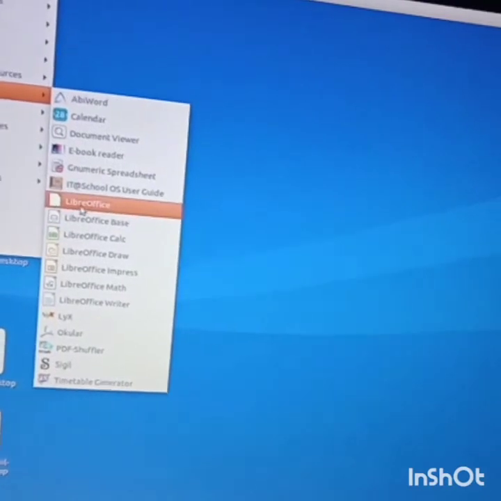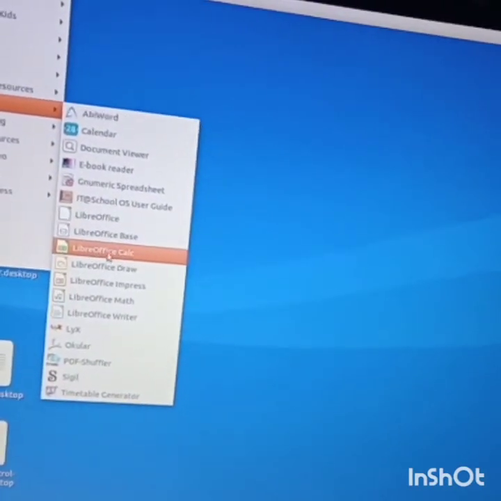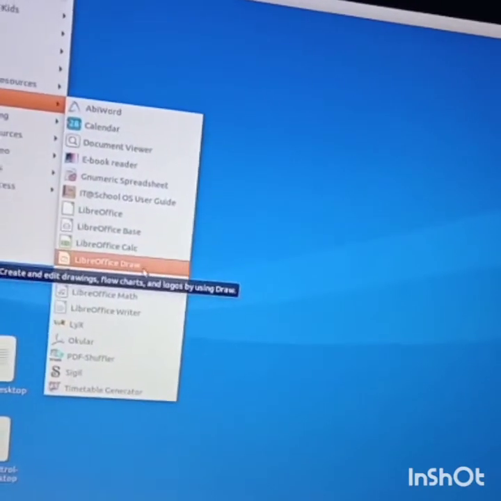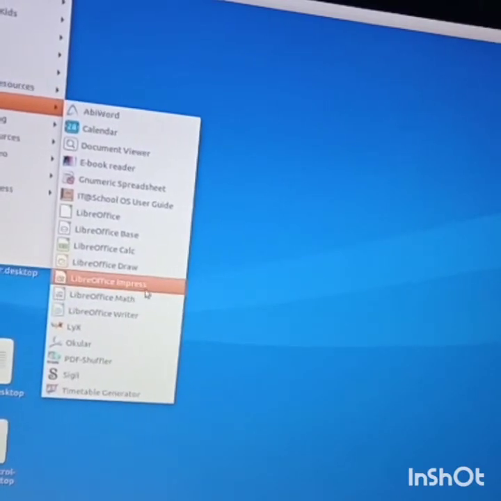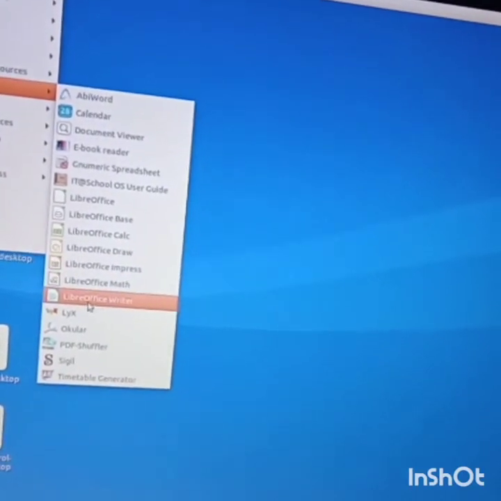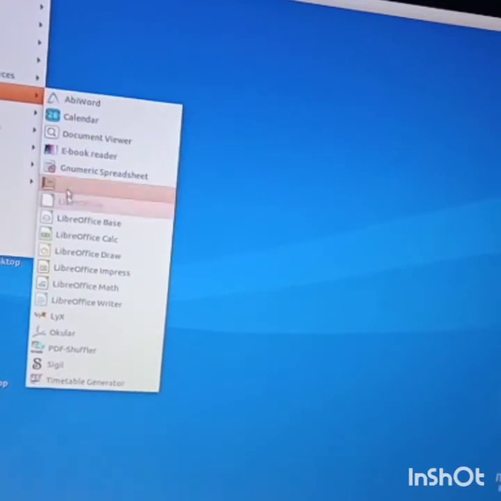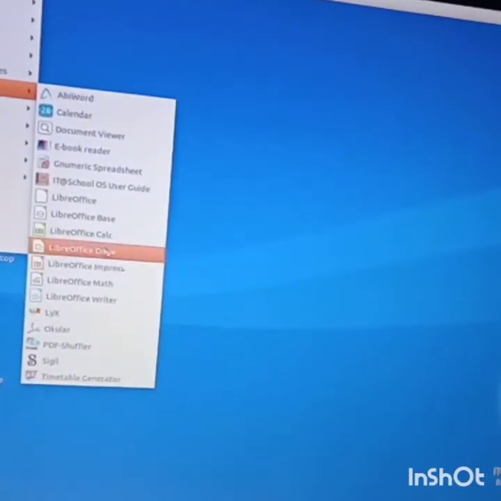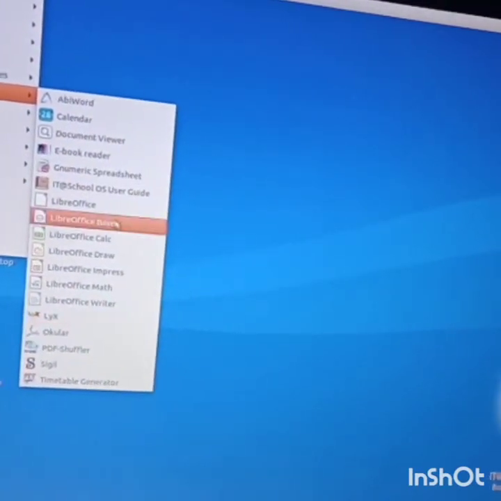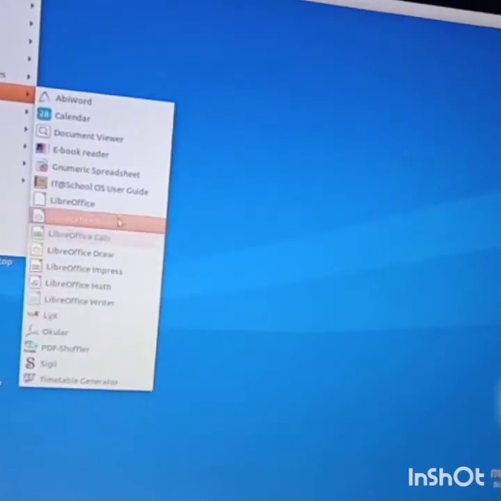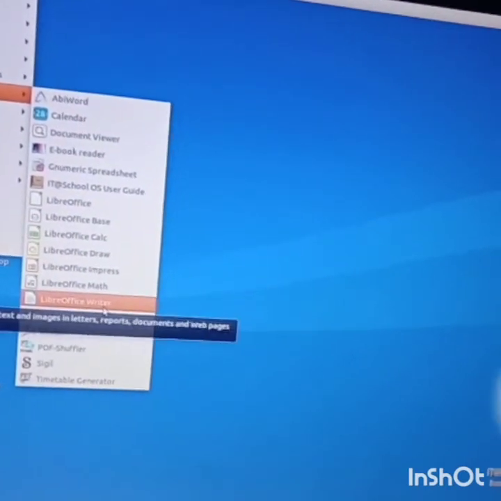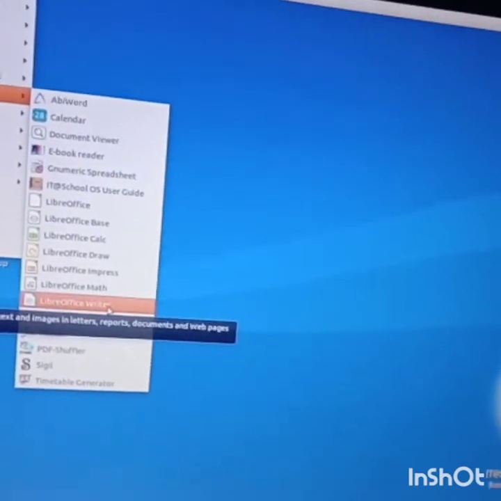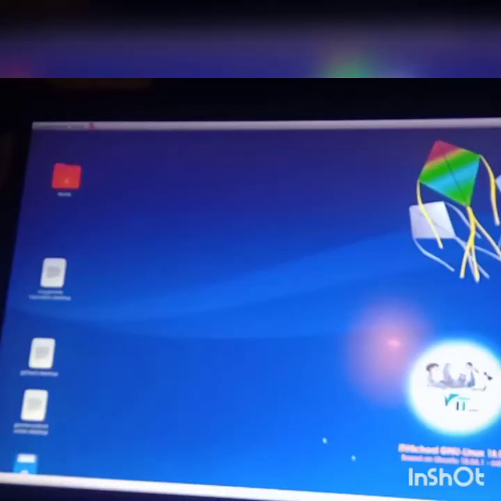See here: LibreOffice Base, LibreOffice Calc, LibreOffice Draw, LibreOffice Impress, LibreOffice Math, LibreOffice Writer. All these are the applications which we have to work with. Okay, so in which application do we start typing, children? LibreOffice Writer, right?